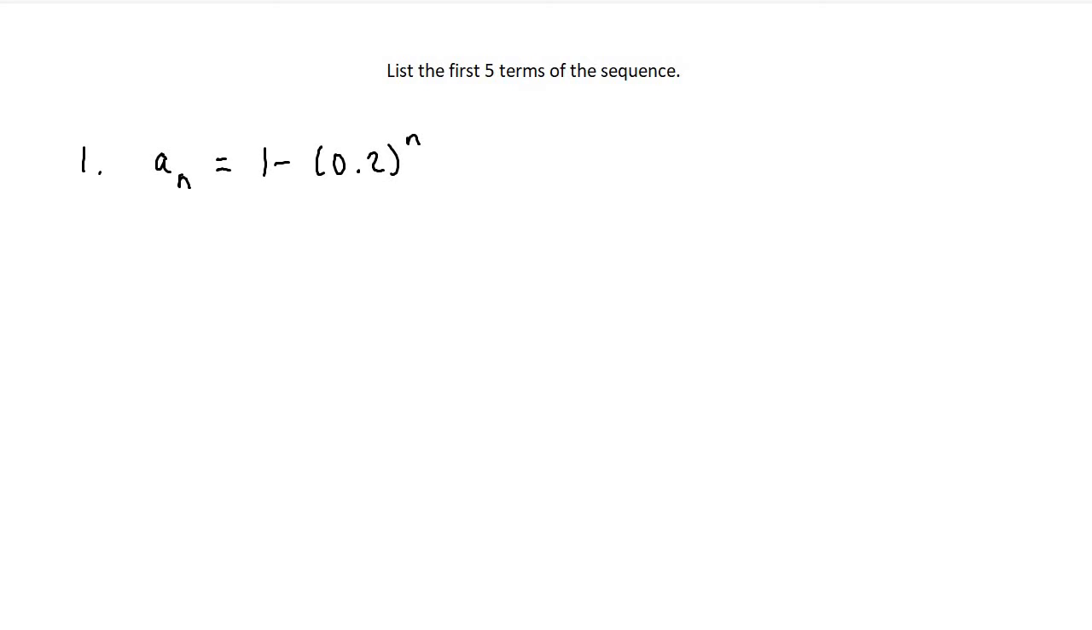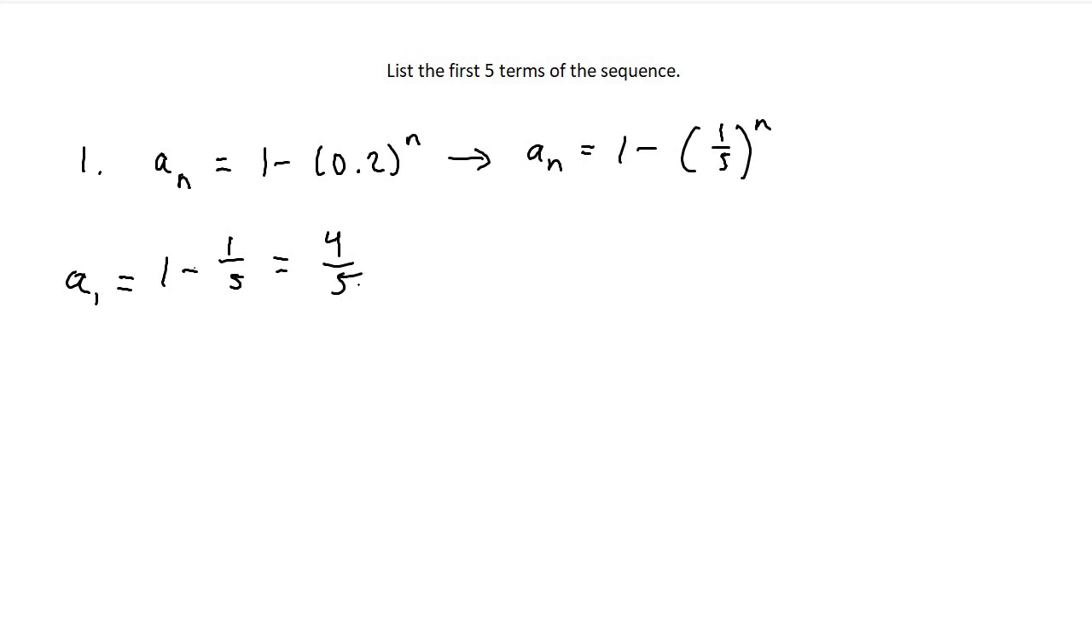So let's say we have the sequence a sub n equals 1 minus 0.2 to the n power, and we're trying to list the first 5 terms of the sequence. In order to find the first term, a sub 1, all we have to do is plug 1 into our sequence equation. First, I'm going to rewrite 0.2 as 2 over 10 or 1 over 5. So I have a sub n equals 1 minus 1 over 5 to the n power, because now it's easier to evaluate. So a sub 1, I'm going to plug in 1 for n. Then I'll get 1 minus 1/5 to the first power, which is just 1/5, which is going to equal